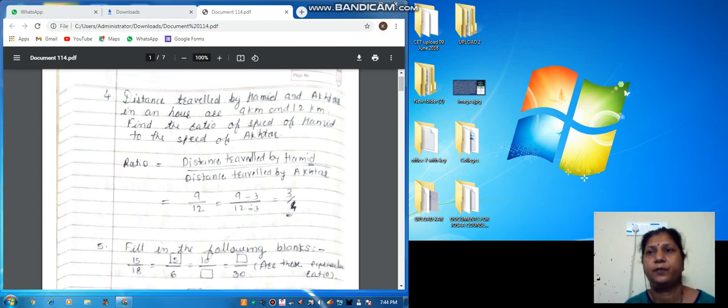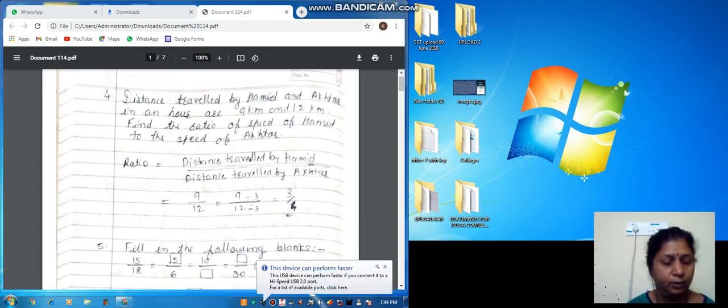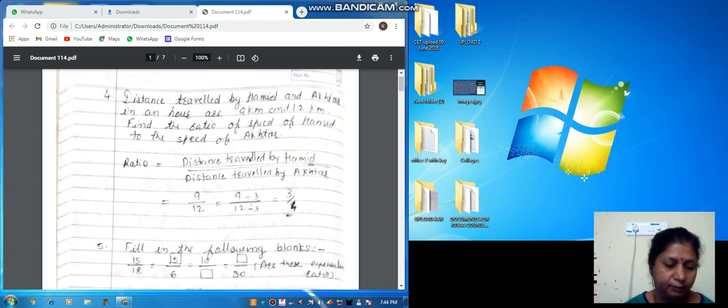So before starting our fourth example, we will take a revision of what we have studied till now. The most important topics, or definitions, I will repeat, and then we will start our fourth example. First, we compare two quantities in terms of how many times. This comparison is known as ratio and we denote it by double dots. Next, two quantities can be compared only if they are of the same unit.